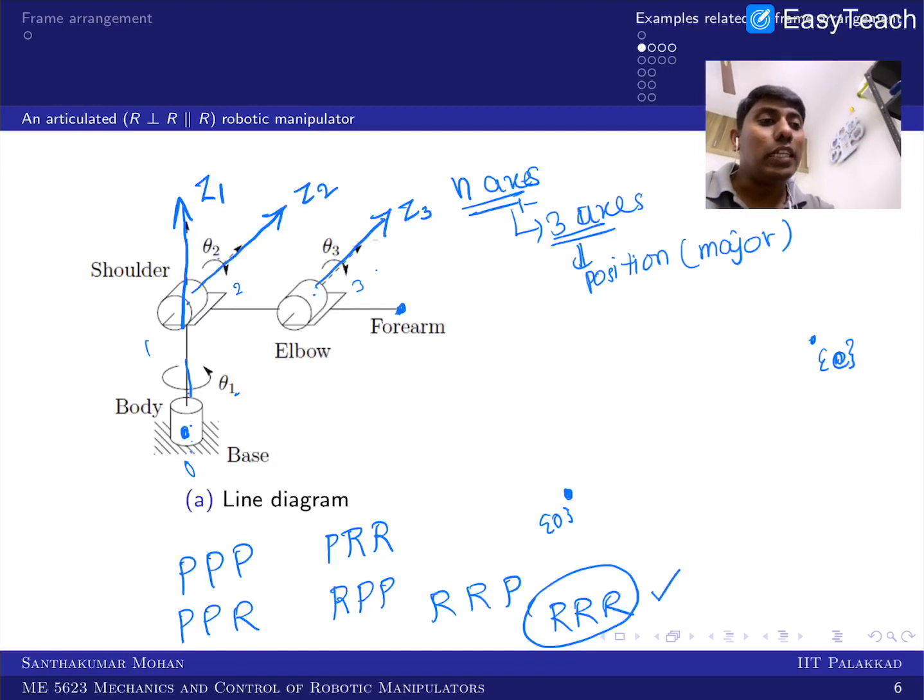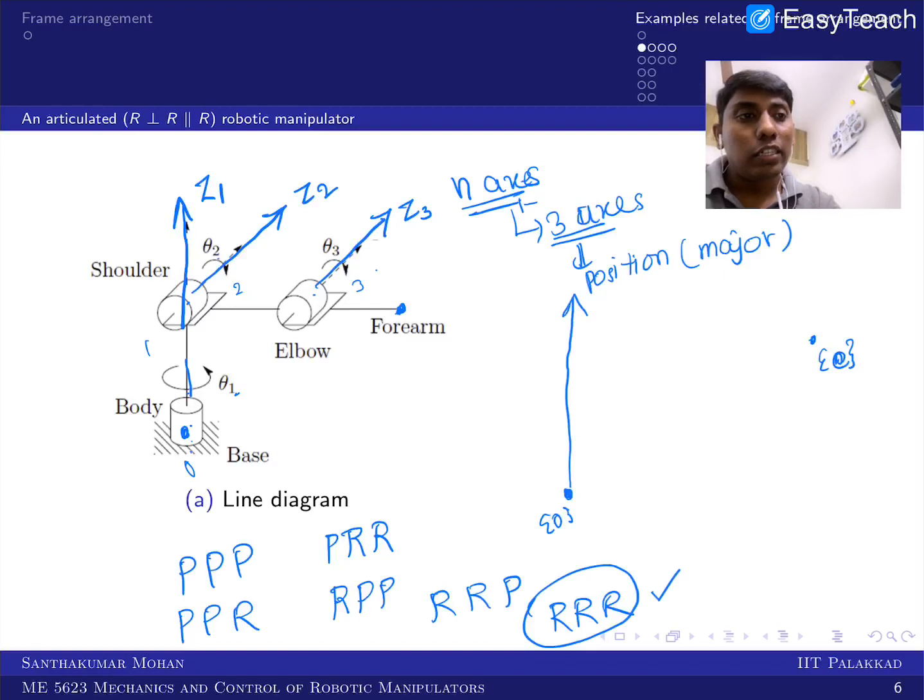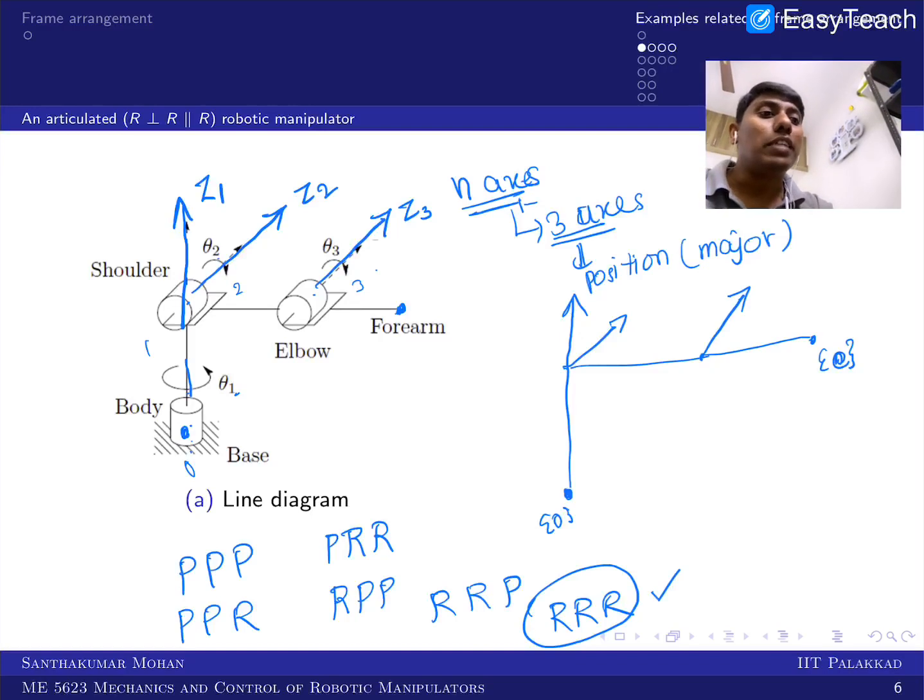So now you can see that these are fixed. So how is it going? The first joint is going like this, the second joint is going like this, and the third joint is going like this, and it is progressing, right? You can see that Z1 and Z2 are intersecting. So this is your point called 1. Z2 and Z3 are parallel, so you can take point 2 somewhere convenient on Z2. I am fixing it on the same frame, and Z3 and the tool frame are intersecting somewhere, so I put that as 3.